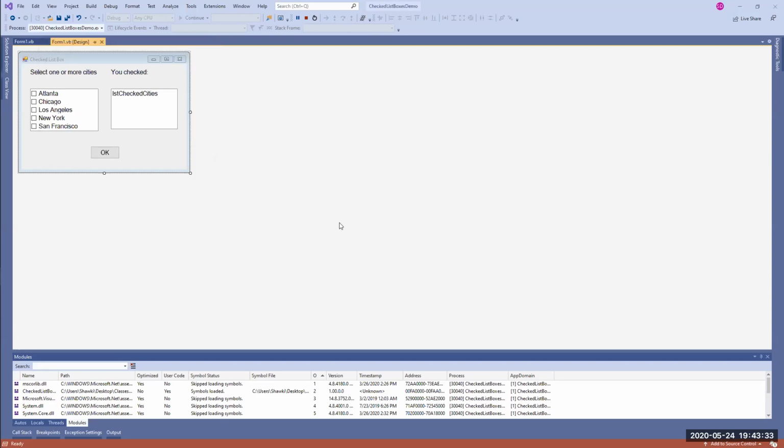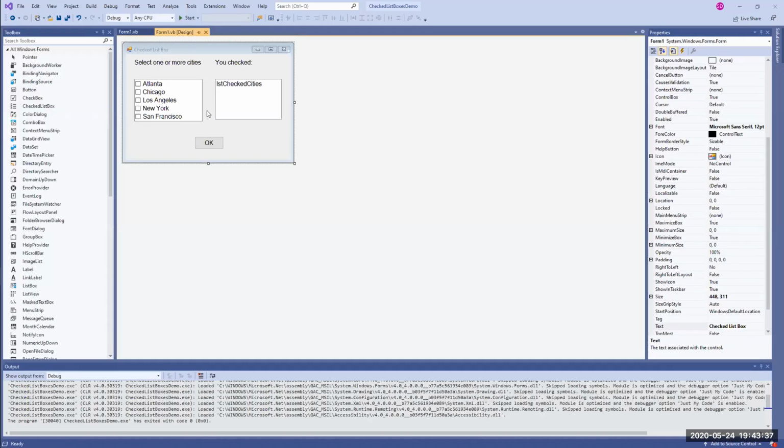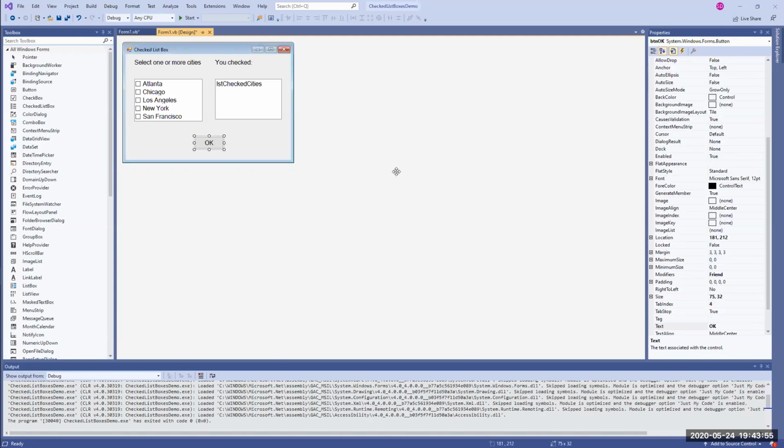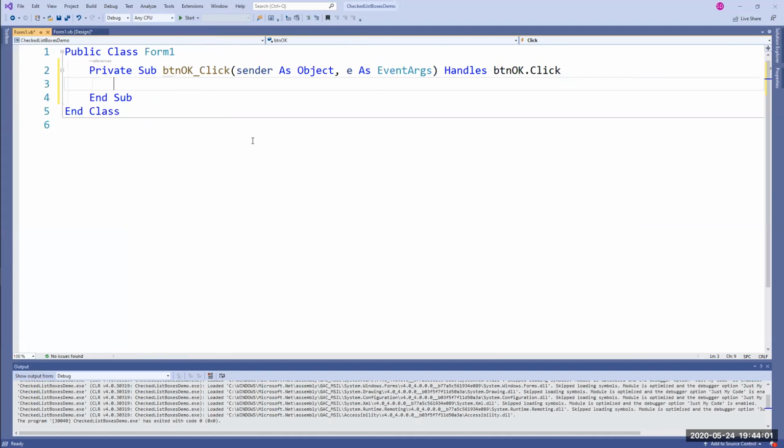Now the idea in here, we want to program this one. We're going to program it in such a way that when we select items and click on OK, it is going to display on this list box the cities that have been checked, right? So when I display them in here, I want to go and double click on the OK button to program this button. The way to do it, there is a method called